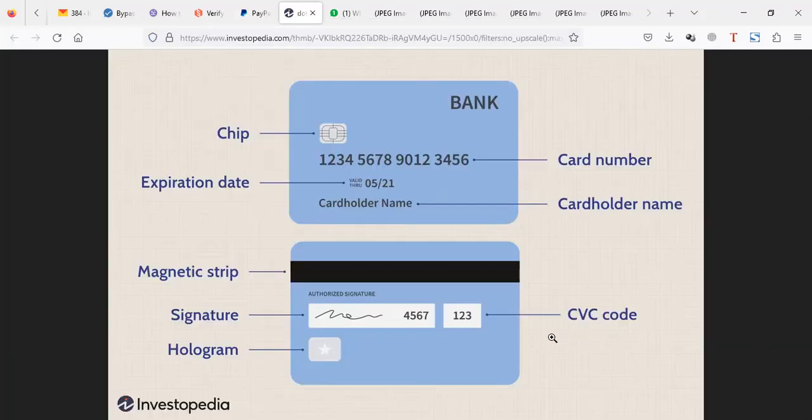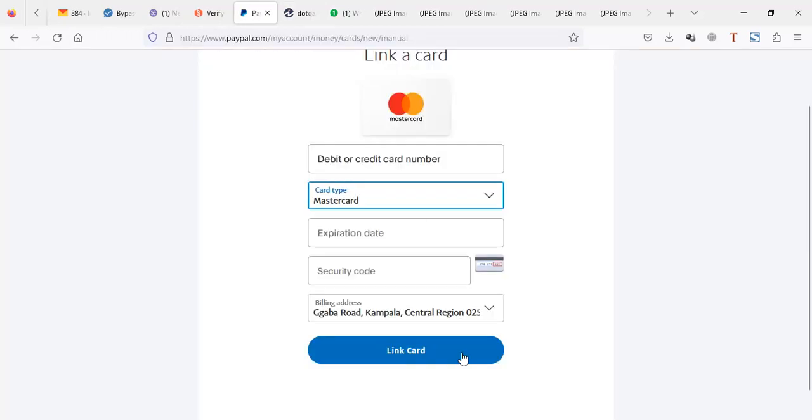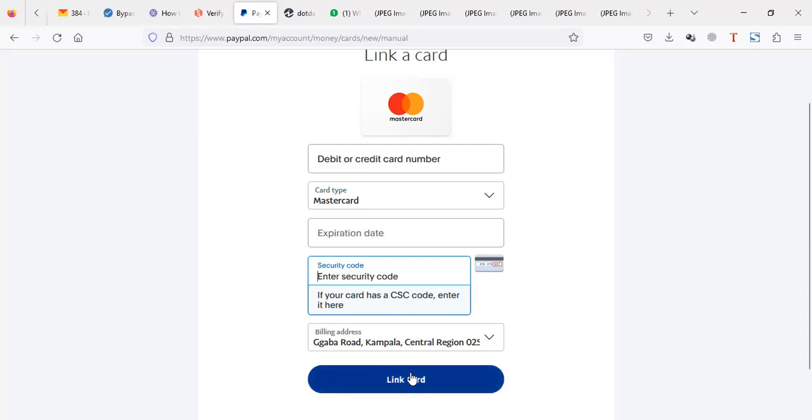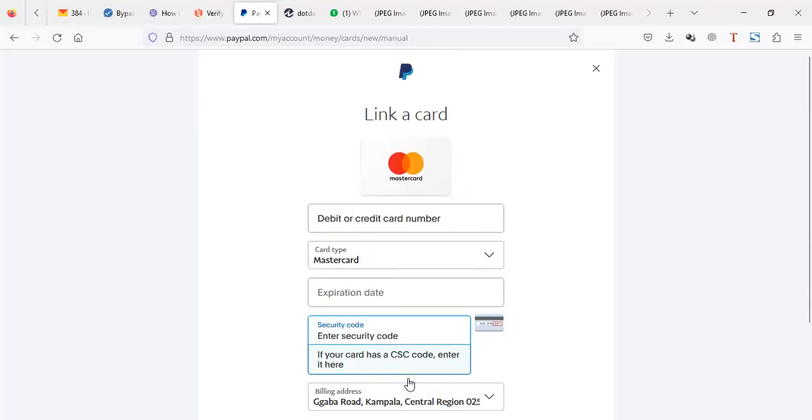They can call it different names, but here on your card it is usually presented as CVV or CVC, whatever it is. Those are the last three digits which are behind your ATM card. Okay, so you get those and then you punch them here. After that you link your card. Okay, after linking your card,